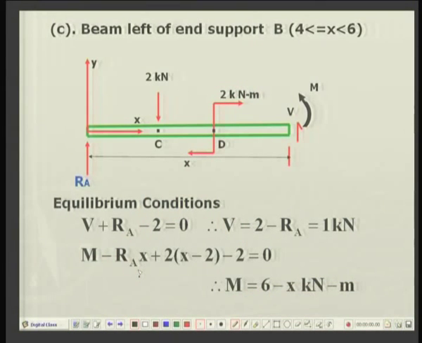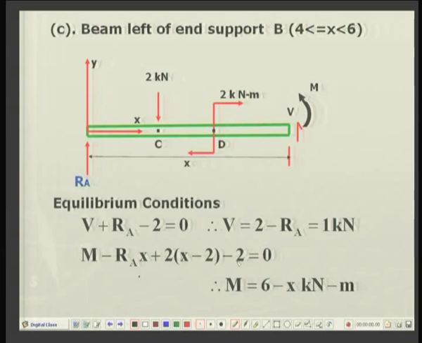And then we come to the third section between D and B. And at D there is a concentrated moment due to the bracket, remember. So, we have a concentrated moment of 2 kilonewton meters, and you have this one force, one moment, and the end force due to reaction. Again sigma F y is equal to 0, sigma M z is equal to 0, and these two equations are obtained.